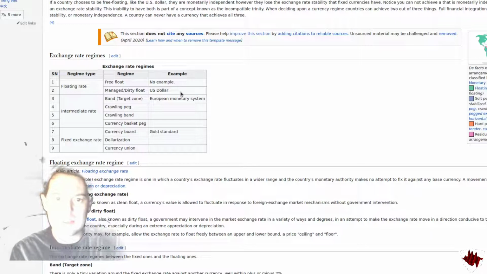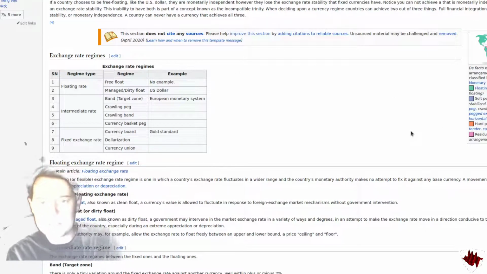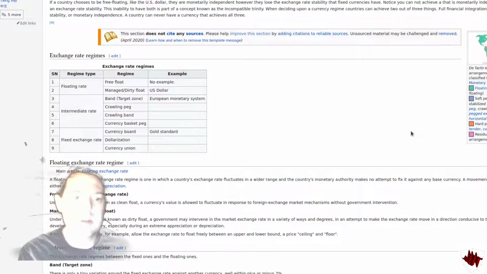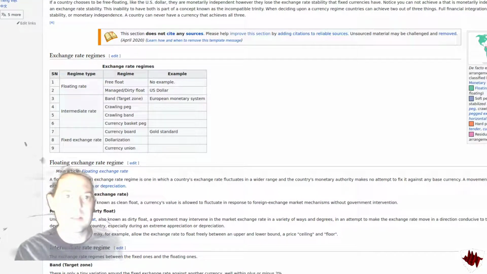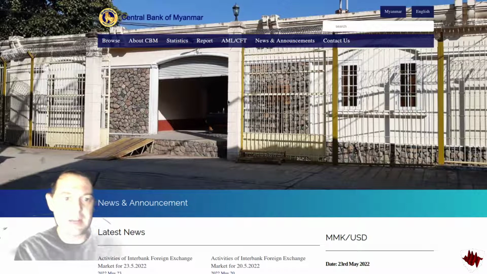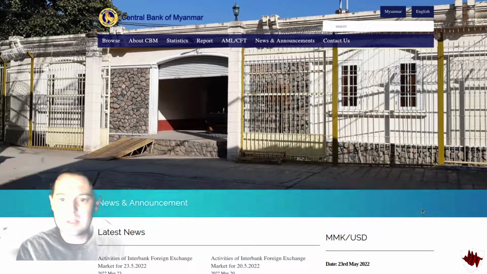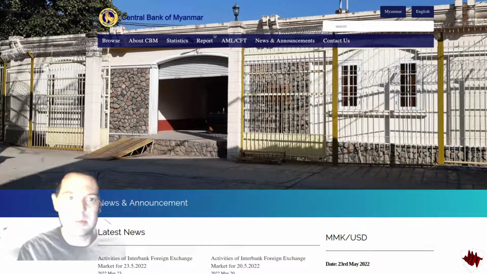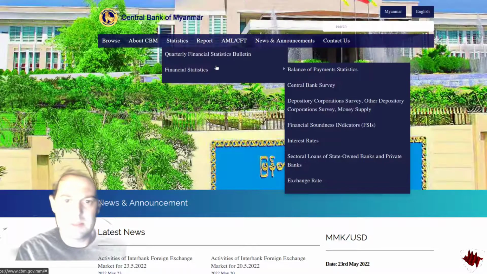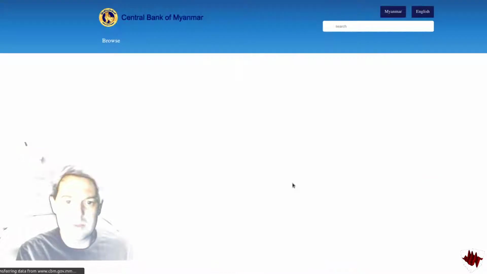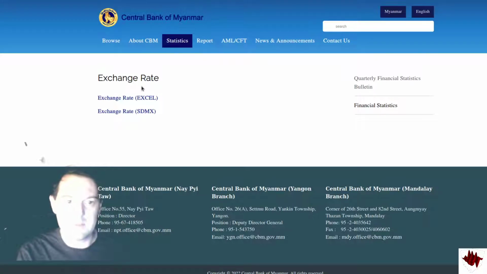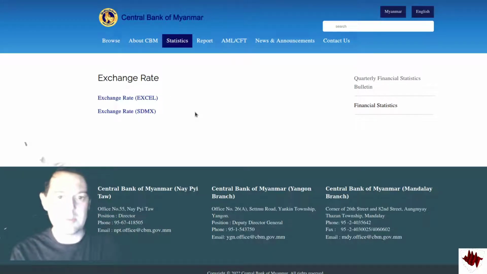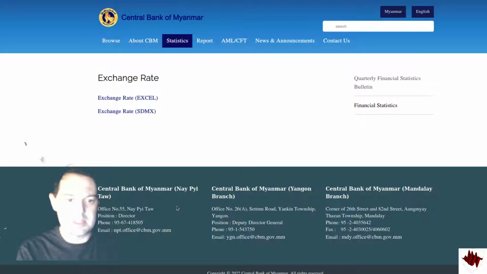So I would like to look at some of the data collection techniques that we use. We just scrape this information off of the central bank's website, which looks like this now. The information is no longer really available, but if you click through, you can see here's an example of some of the information that's available now. If we go all the way down here to exchange rates, you can download this Excel file here. I've got that queued up for you. Hold on a moment. Let's take a look at that Excel file.